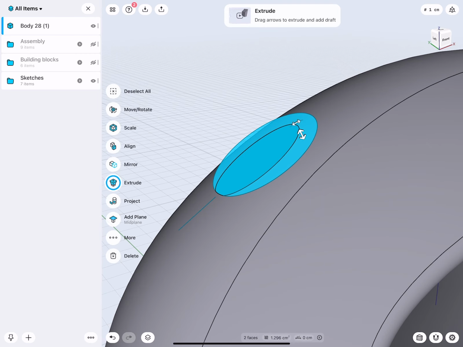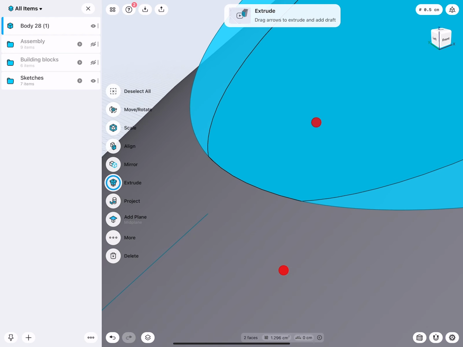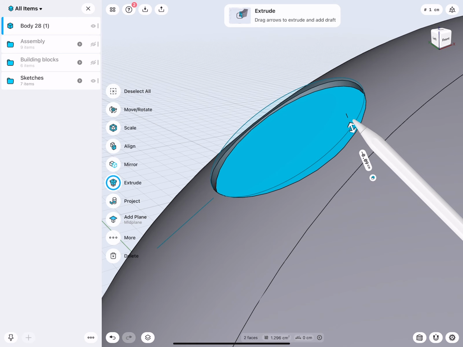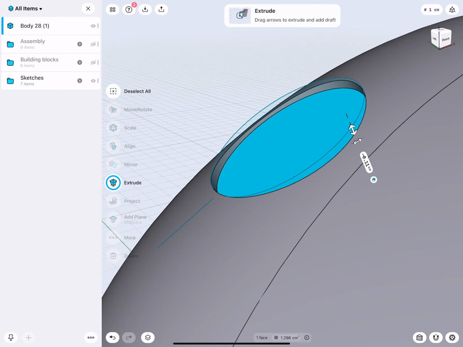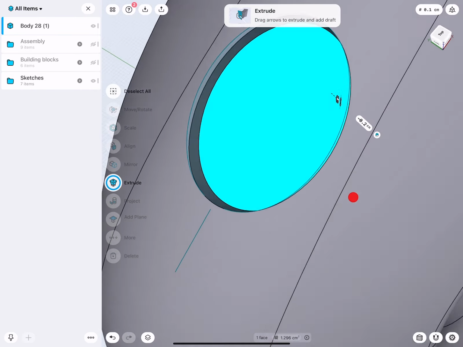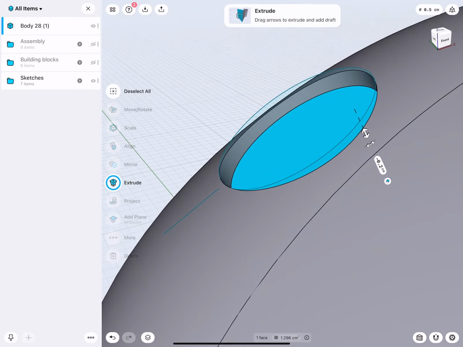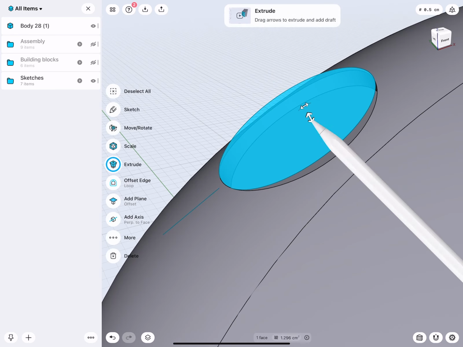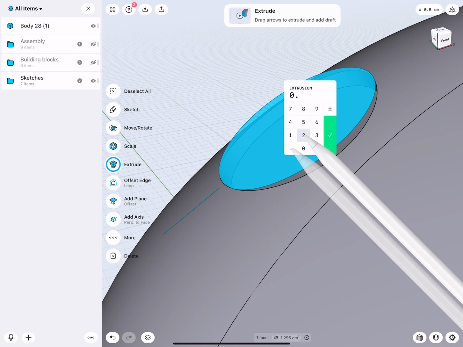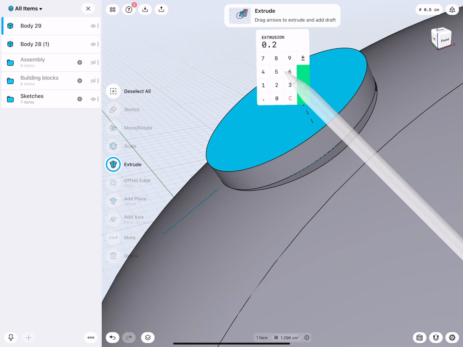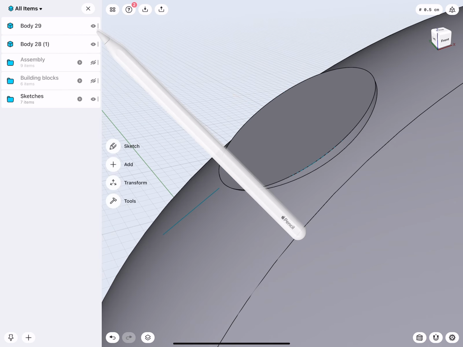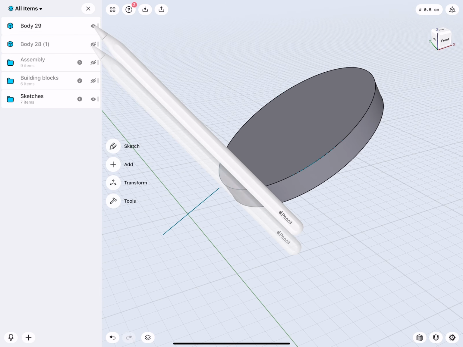So there we slice this clean away. Very good. Then select everything here again. Yeah, this looks good. And then push this in by 0.2 millimeters. Very good. Okay, very nice. So now this here, I can extrude 0.2, actually negative. And there is, we have a new button. Cool.